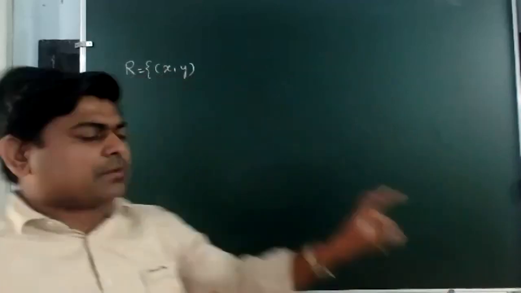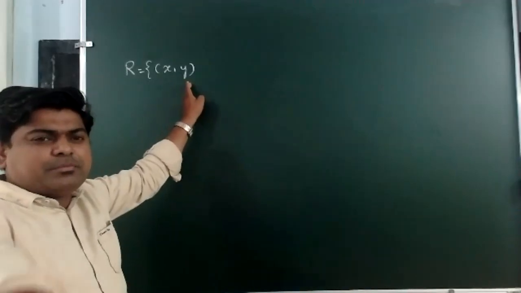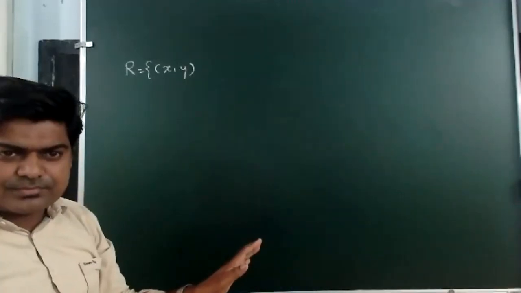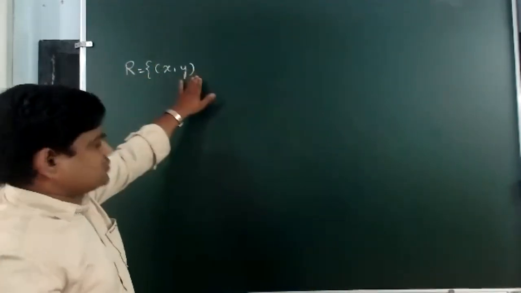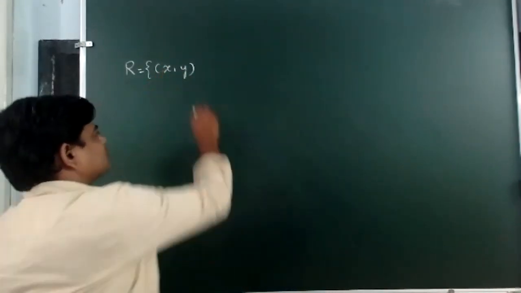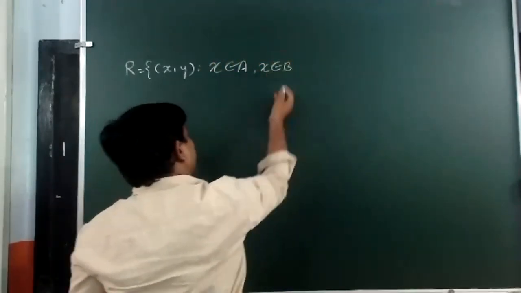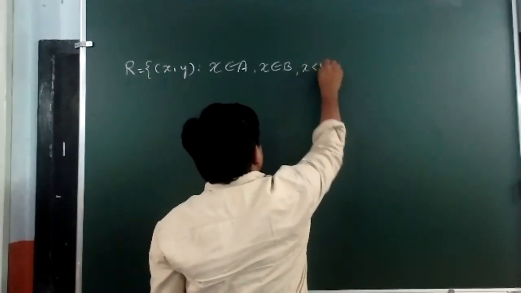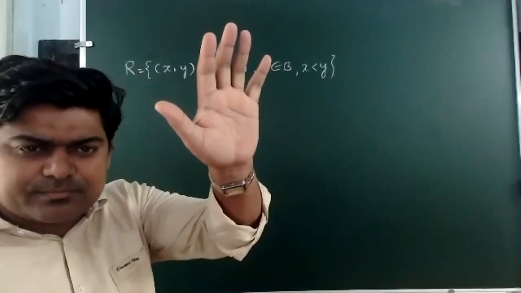Now, what is the relation between these two elements? It's the first component and second component, and that will be given in the question. That will be different in different questions. First thing is that a relation R is written as xy. What is xy? It is an ordered pair. Now x belongs to A, y belongs to B, and what is the relation between them? It can be written like that, so that x is less than y. It means the first element should always be less than the second element.